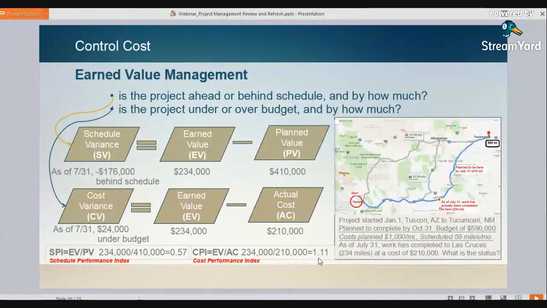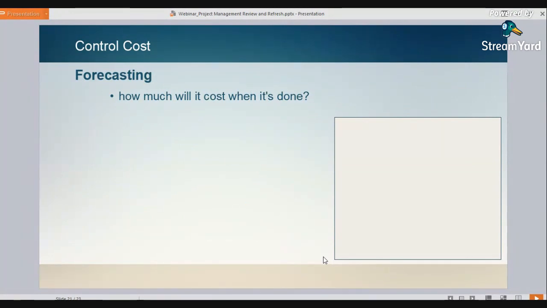We're 11% surplus, right? We're working at an 11% surplus. We're under budget. That's another way of presenting these numbers. It could be helpful. Again, the earned value is a point in time. In this example, it was as of